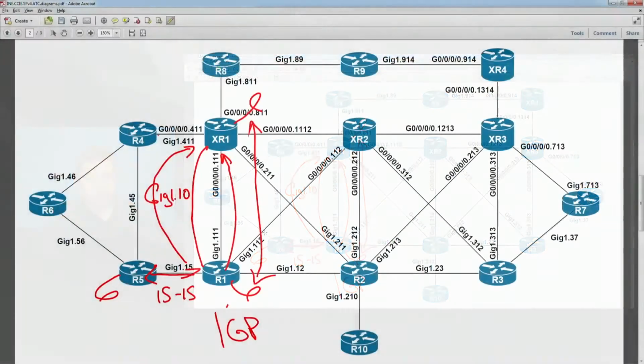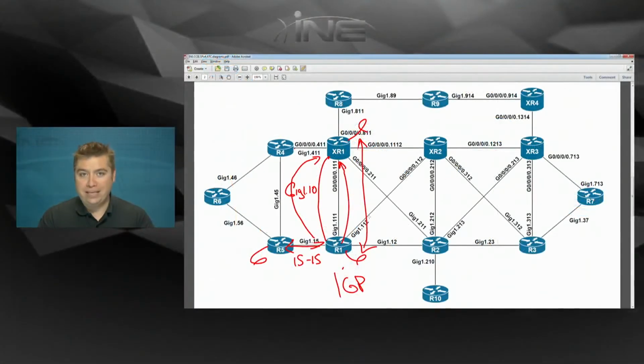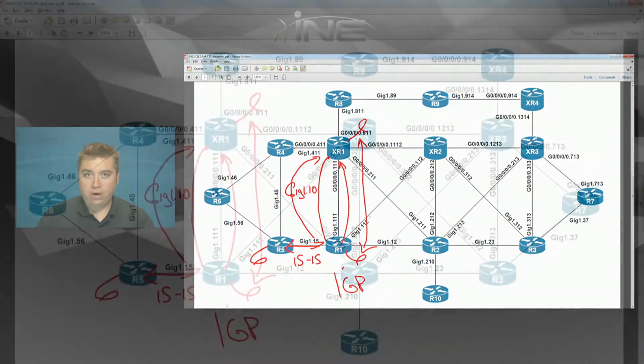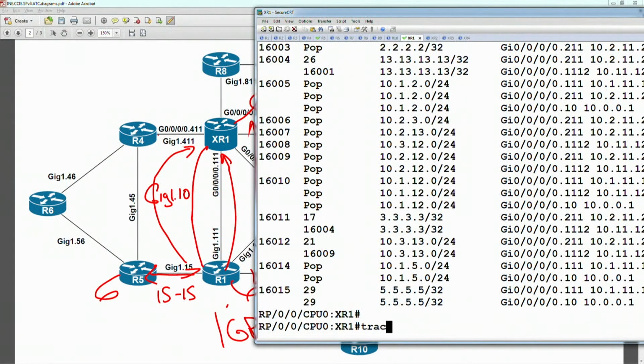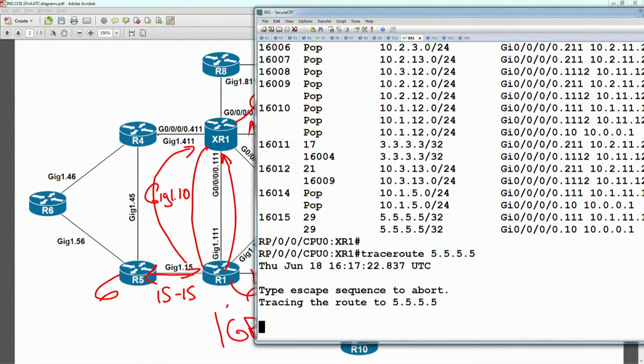Now, the second portion of the question was, what happens if one of the interfaces is not running LDP? That will be a problem if we're using this interface as part of a layer 3 VPN destination or as part of a layer 2 VPN destination. And by default, there is not a protection mechanism against this. So what I mean by this is that if we were to go to XR1, and let's say we do a trace to 5.5.5.5,